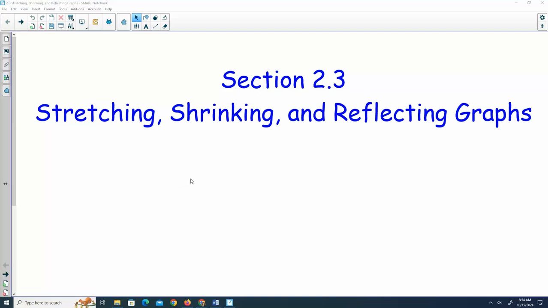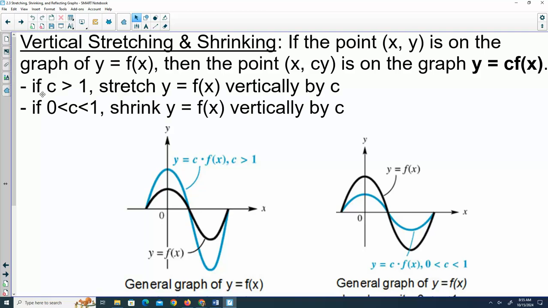We kind of need to summarize what stretching and shrinking is. Basically, that happens if you are multiplying by a constant. Adding a constant, we saw, shifted the entire graph up, down, left, or right. If I multiply by something on the outside,